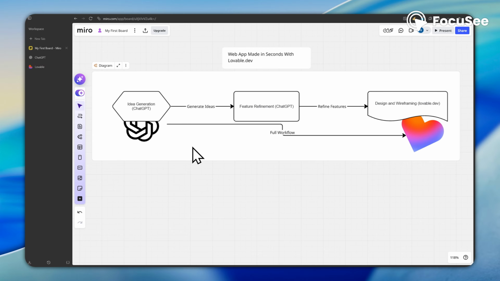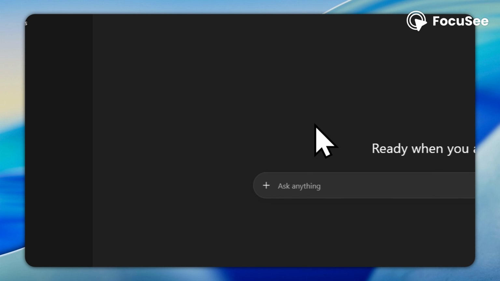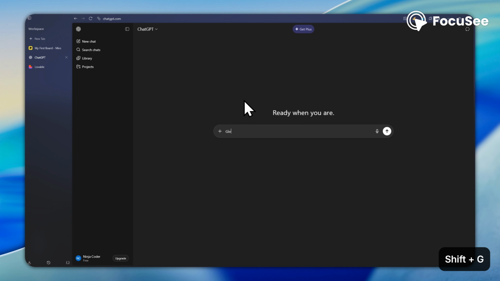So here's the full workflow that we're going to use today. We're going to take ChatGPT's idea and put it into Lovable. So we're going to generate the idea, refine the idea, then paste the AI-generated prompt into Lovable so it builds the app. So let's go in ChatGPT, and the first prompt we're going to make is: give me a simple but useful app idea I can build on